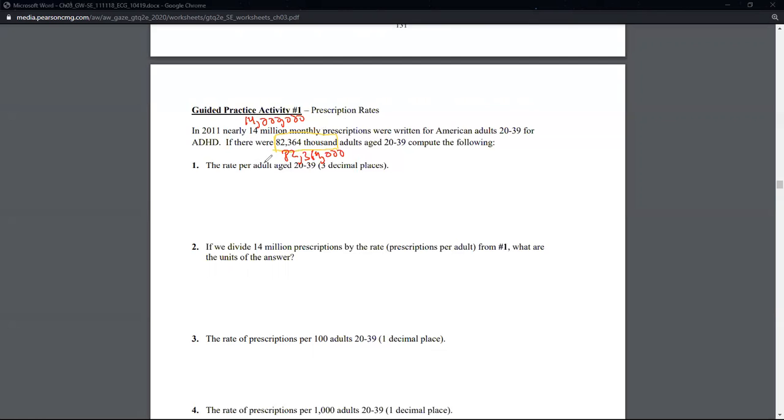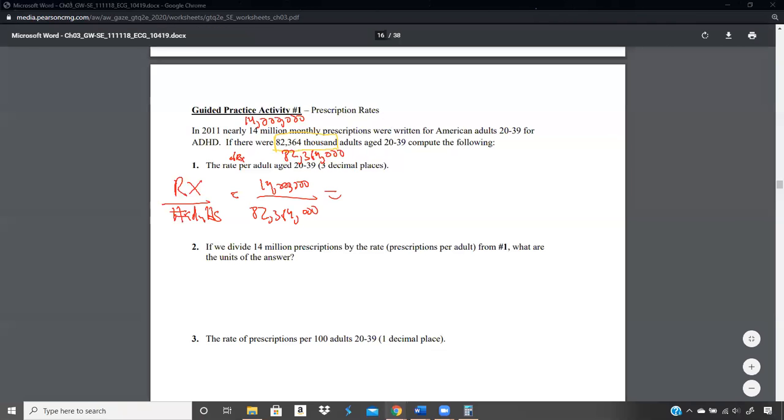So they want to know, what is the rate of prescriptions per adult in the age range? So we're going to do the rate of prescriptions to number of adults. Rates are fractions of two different types of units. The rate of prescriptions, they don't actually use the word prescription here, which I think is poor form on their part. So the rate of prescriptions per adult. Well, there were 14 million prescriptions for 82 million adults, so that's what they're asking us to do. So 14 million over the 82,364,000. And when you pull out your calculator,